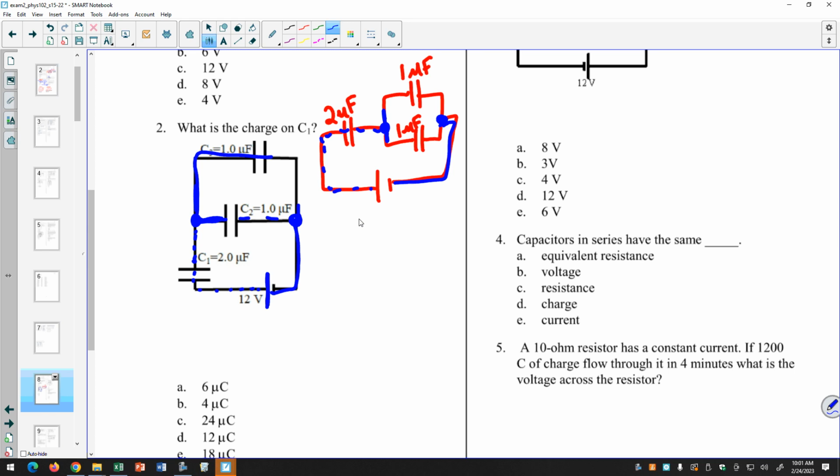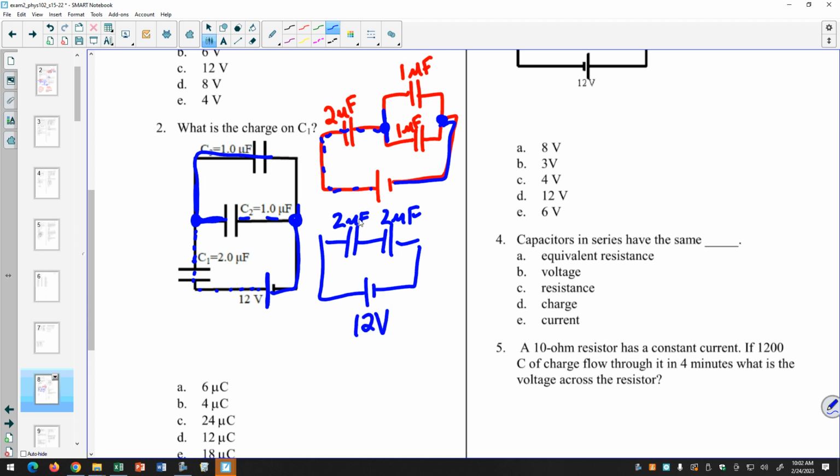Now, once I get this, I want to find the equivalent capacitance. What am I going to start with? What do I simplify first? Right, the parallel. I have 2 1 microfarad capacitors in parallel. They're purely in parallel. There's nothing in series in this part of the circuit. So I combine those. That's going to give me, in parallel, I just add them up. So I get a circuit with 2 microfarads, 2 microfarads, and you probably already see the answer now, maybe, with